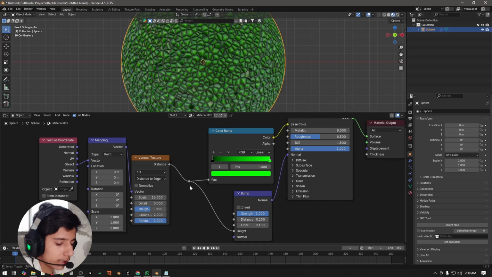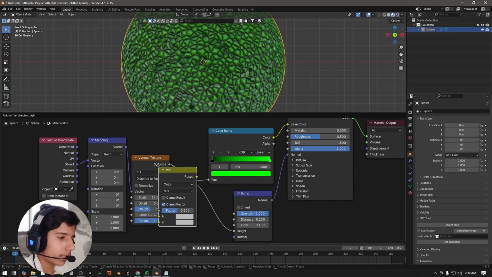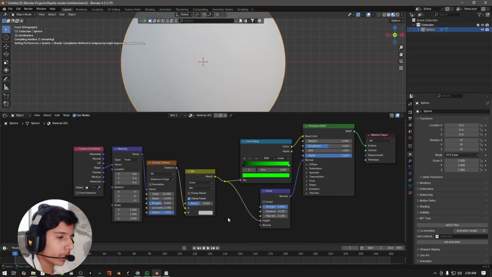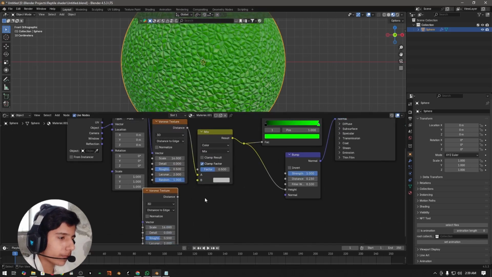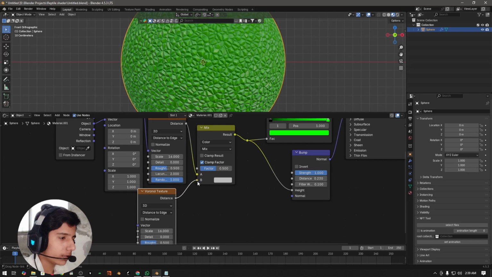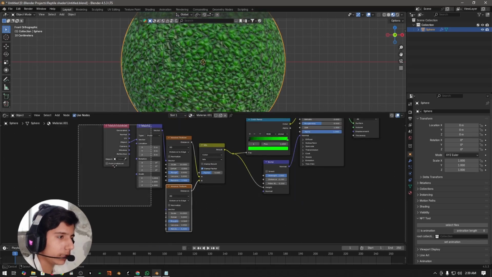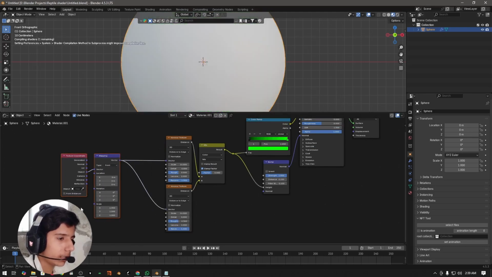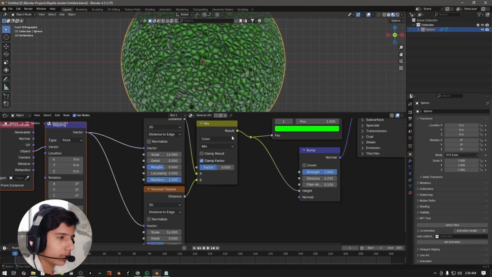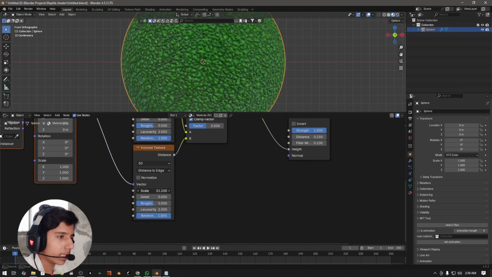So what we can do is we can add a mix color node here, and place it after this Voronoi texture. Now I'm just going to duplicate this Voronoi texture and plug it into this B section. And for the mapping nodes we are going to use these ones. So I'm just going to plug this here, and we have this. Now if you guys increase the scale of this one,